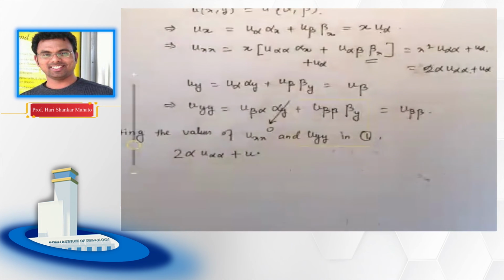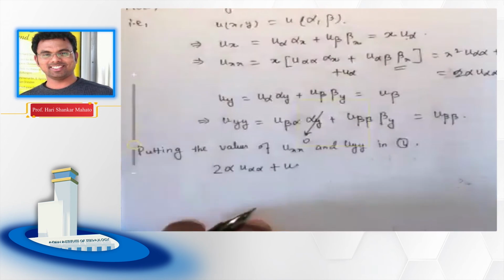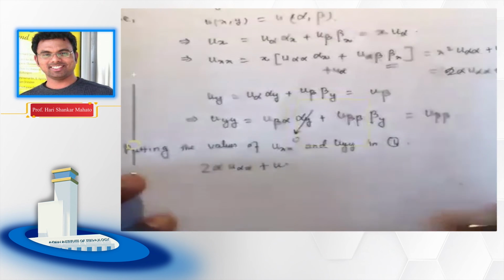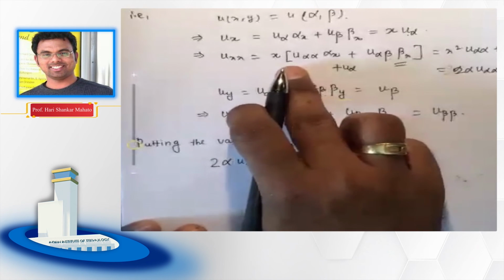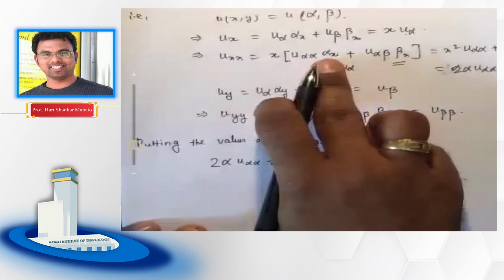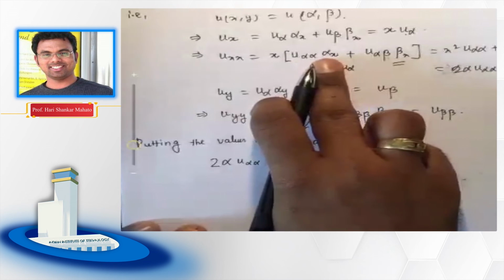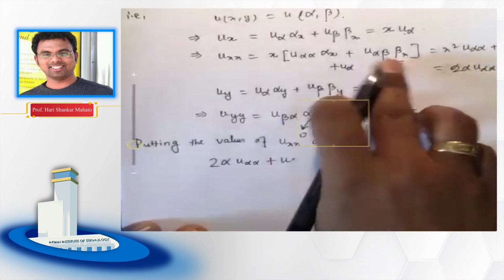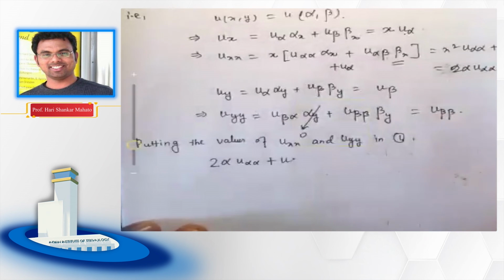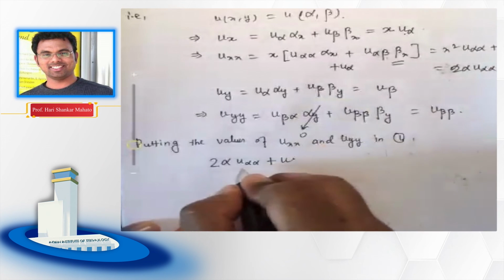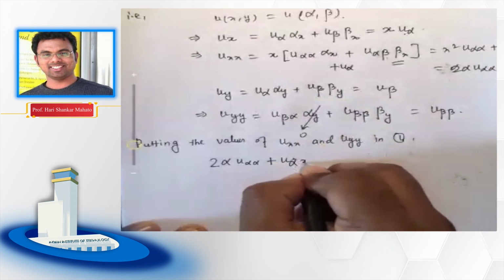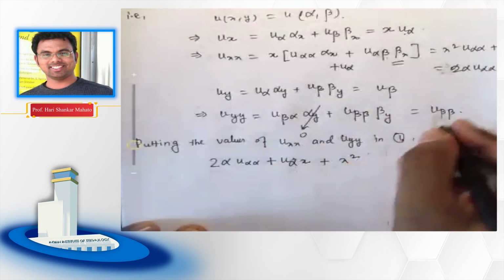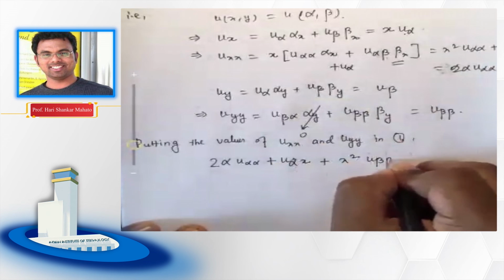So let me have a look at the equation. So we have x square uxx. So uxx will become x square alpha x. So alpha x is nothing but x. So this will become x square. This is 0, and then here I have x u alpha. So I'm going to substitute everything here. So u alpha x plus x square times u beta, uyy. So uyy is u beta beta.